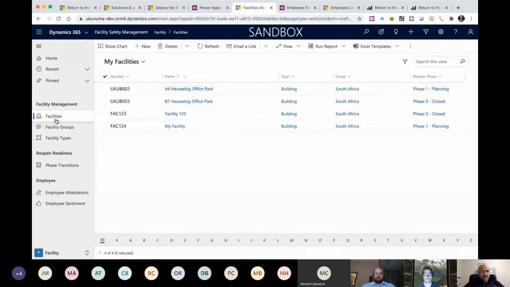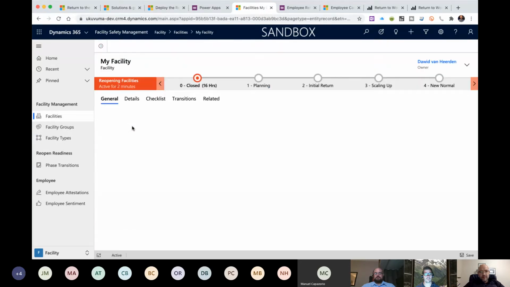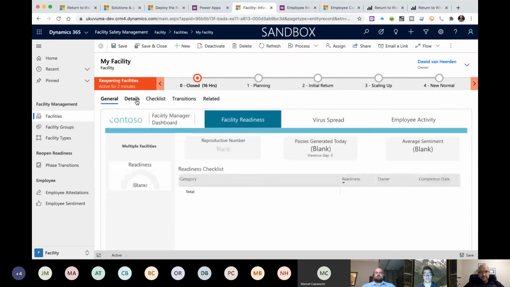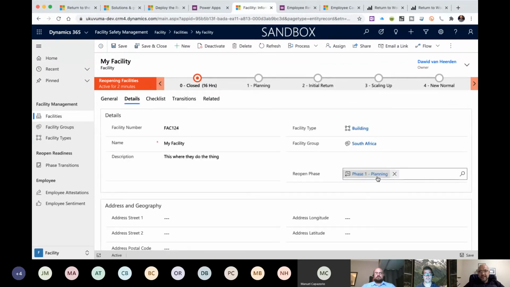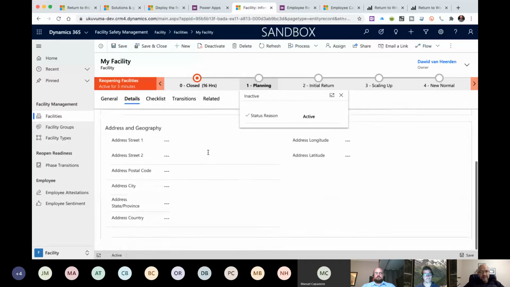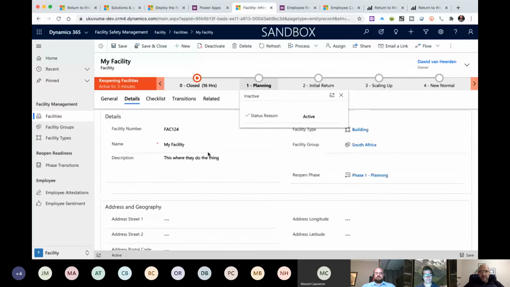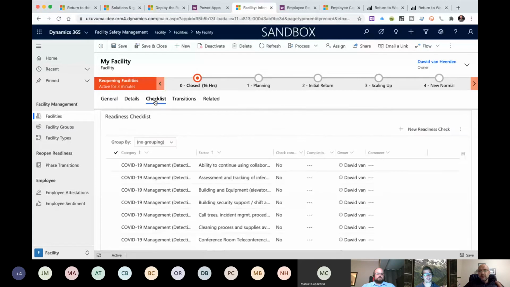So if we go back into facilities and we're going to FAC 124, you'll see that this is now in the planning phase. So this is where we can now go and do the planning related activities, or the checklist that you need to do for the planning phase of the reopening process.